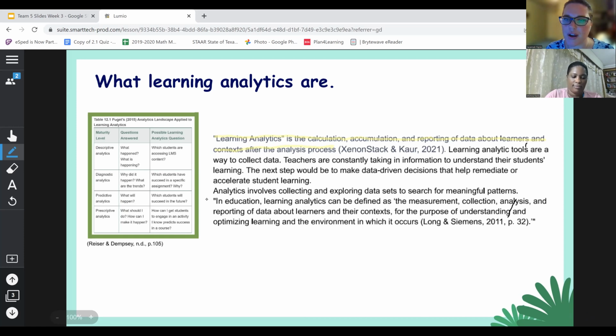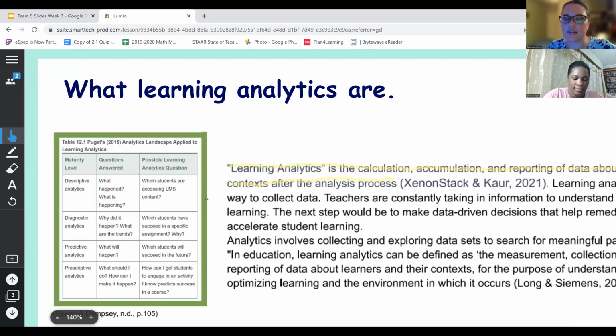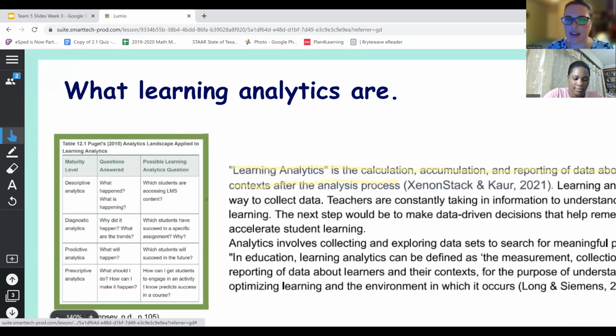Oftentimes, teachers walk around the class taking all sorts of data all of the time. You can walk around giving little checks saying, hey, great job. But learning analytics is a new study that came out. It was developed from prediction text. Whenever you go to type a question into Google and you start your question and Google has several rows of types of questions and you're like, oh, that one, that's prediction text. The same as when you text your friends and it predicts. Learning analytics